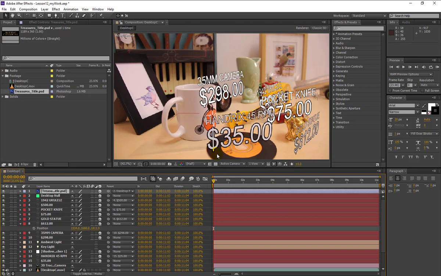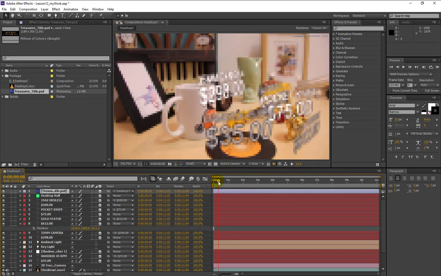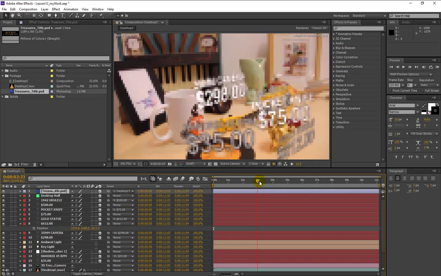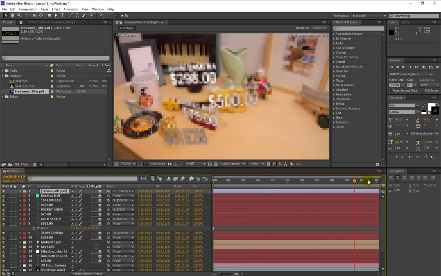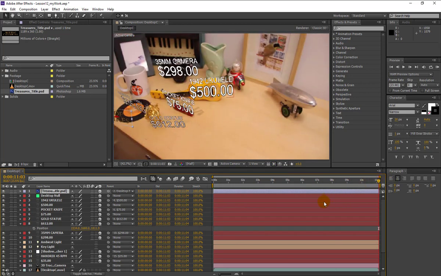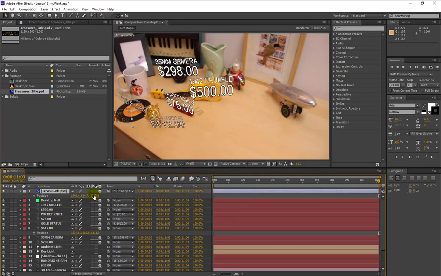We are going to change the position, but first we need to move the time ruler to the end, so we see the position of the treasures desktop from a better view when we change its position and orientation. We're going to move all the way to the end. You can press End from the keyboard to go to the last frame. We're going to change the position,